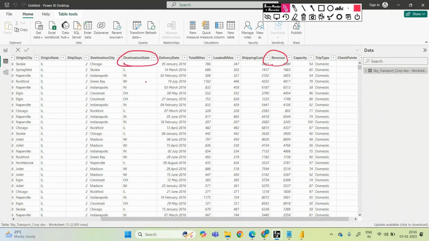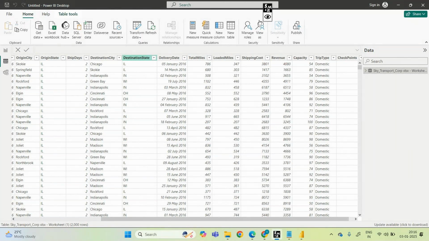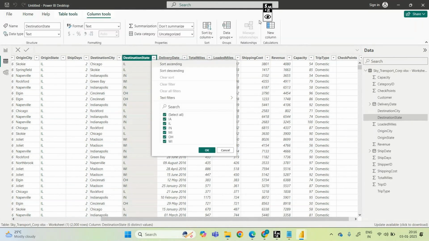If I target the destination and revenue columns and click on this arrow, you can see the unique values from this column, meaning the states.